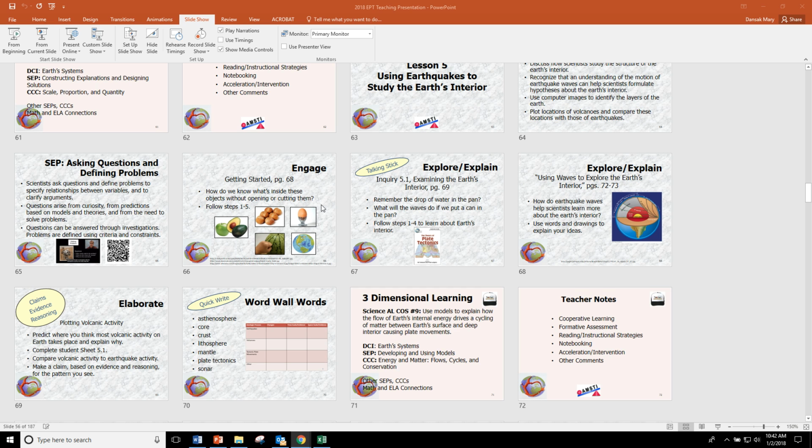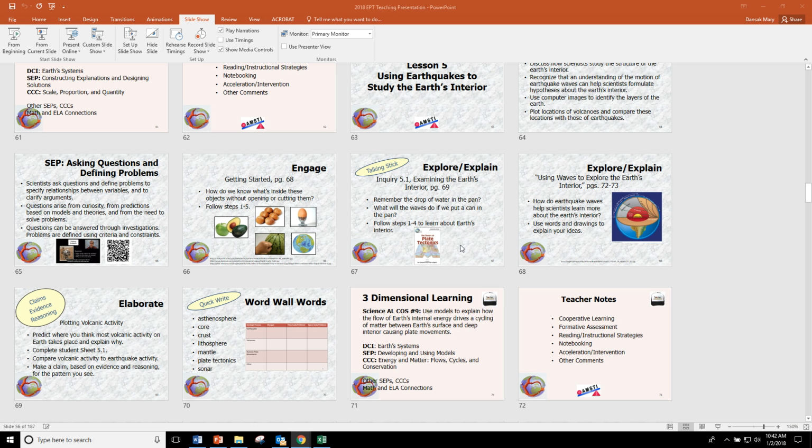A lot of students know about tapping on watermelons or tapping on mangoes to try to see if they sound a certain way and what that tells us about the interior. So we are used to using some kind of waves, sound waves most of the time, to learn about what's inside things we can't see. Students explore a little more with drops of water in a pan, and this lesson brings in the use of